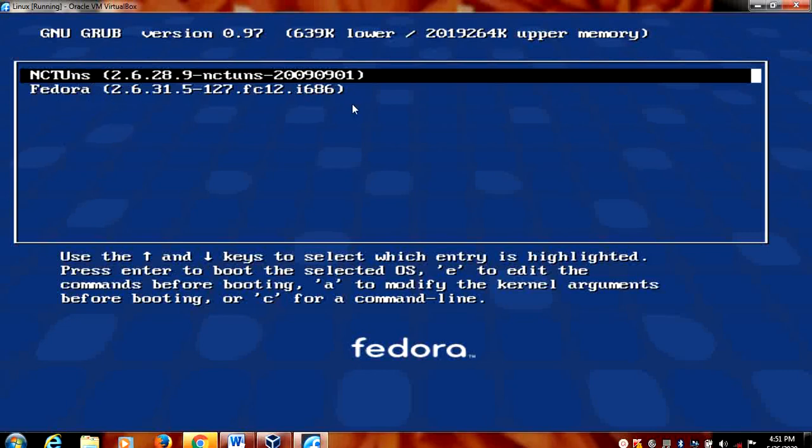Okay, I am just clicking on NCTUns. Have to wait, the window will appear. Just wait. We are working on Fedora 12.